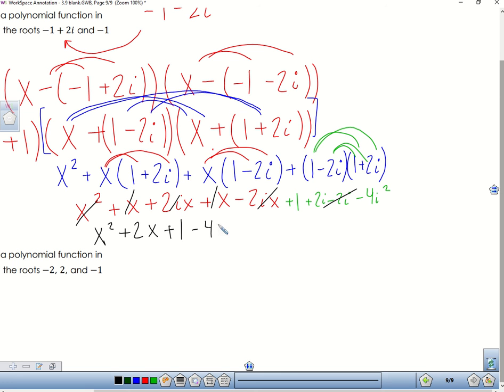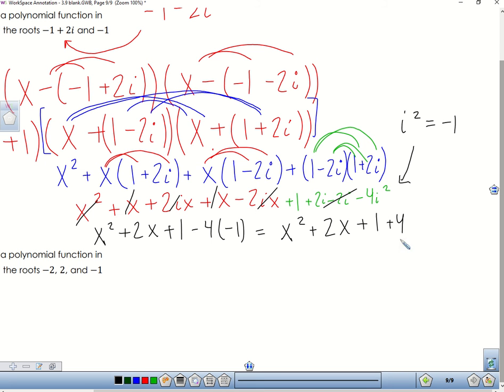Negative 1. So i squared is equal to negative 1. In case you forgot that, just a reminder, remember the i chart, i squared is equal to negative 1. If you get it, you can replace it with negative 1. From here, we then just multiply this, and we get x squared plus 2x plus 1